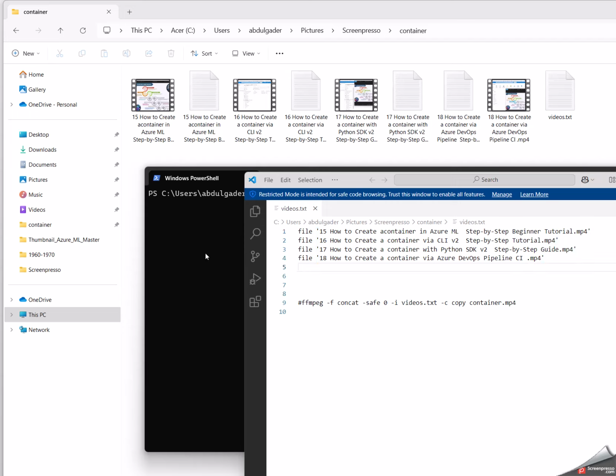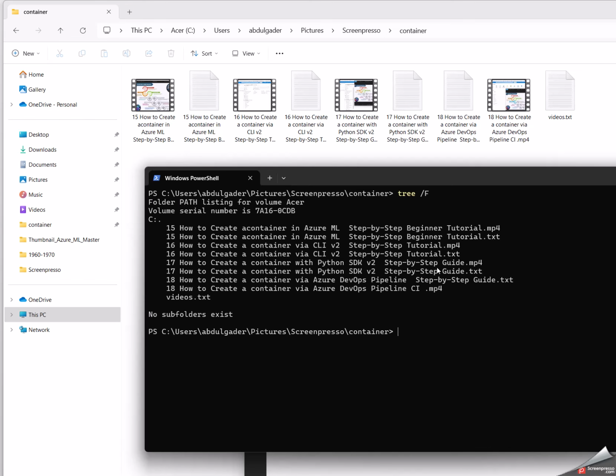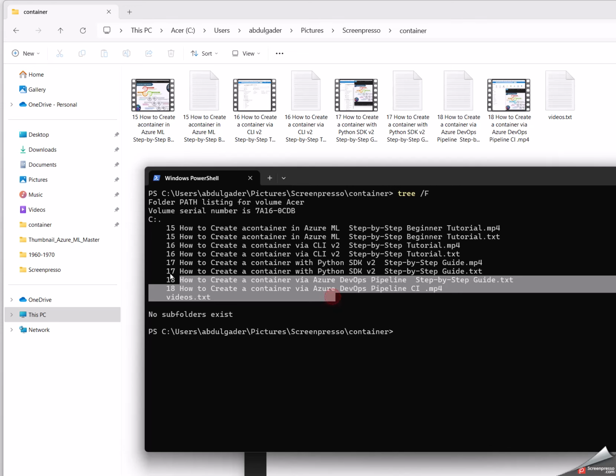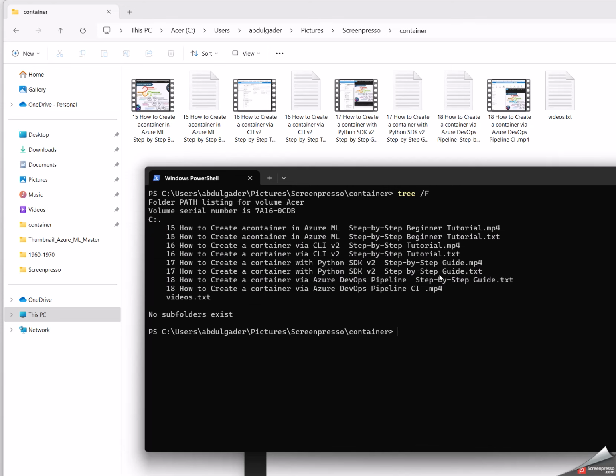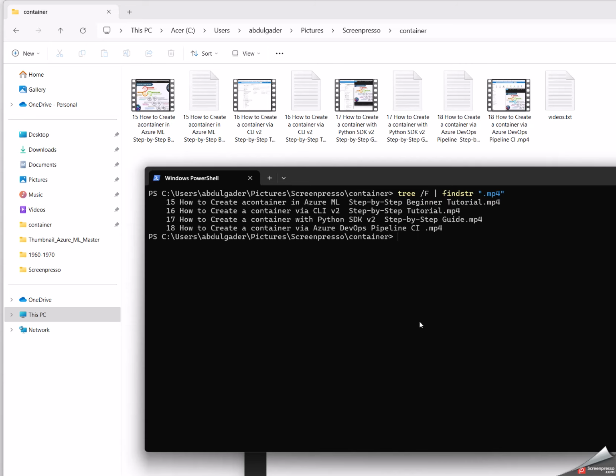But I just want to show you one additional step, how to copy these names. For instance, you need to add this command here, which will show you all the names in this directory. You can see here the mp4 files. But if you need it only for a specific extension, you can use this one, find with the extension, and just copy this